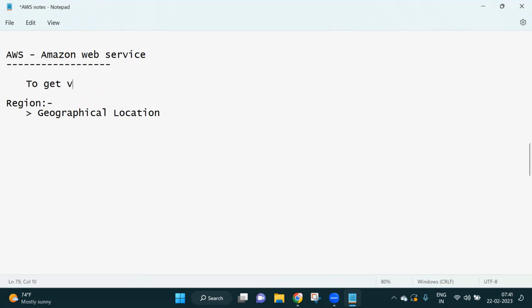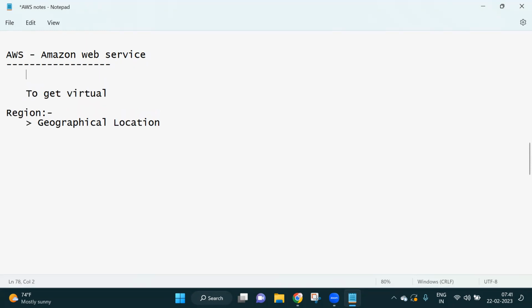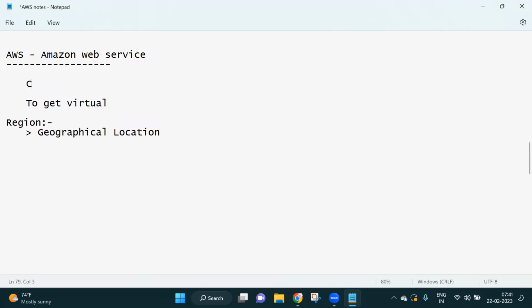Not to get the virtual servers, or in order to get some service, because AWS is one of the cloud providers where we can buy virtual servers.